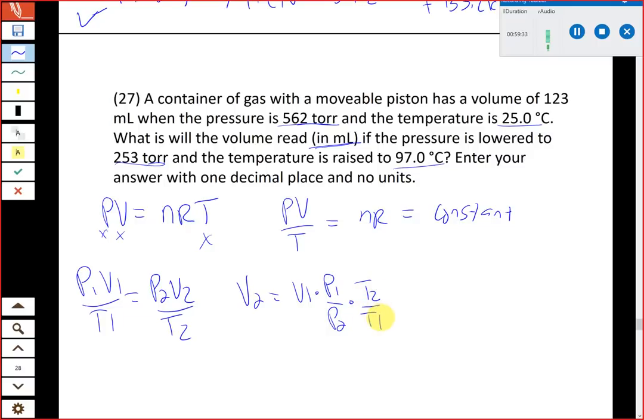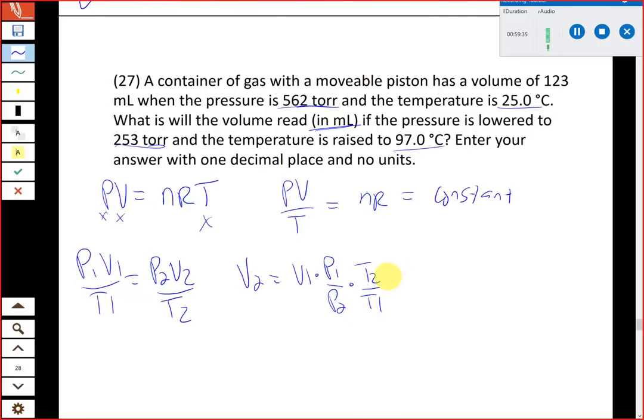All right, so those are the numbers that we need to figure out what V2 is. Now we have all the numbers, all of these are given to us. We just need to make sure we put them in and that the units are okay. So V1 is 123 milliliters. We can use whatever volume units we want for pressure and volume because there's no universal gas constant in this equation. So we're going to have 123 milliliters for